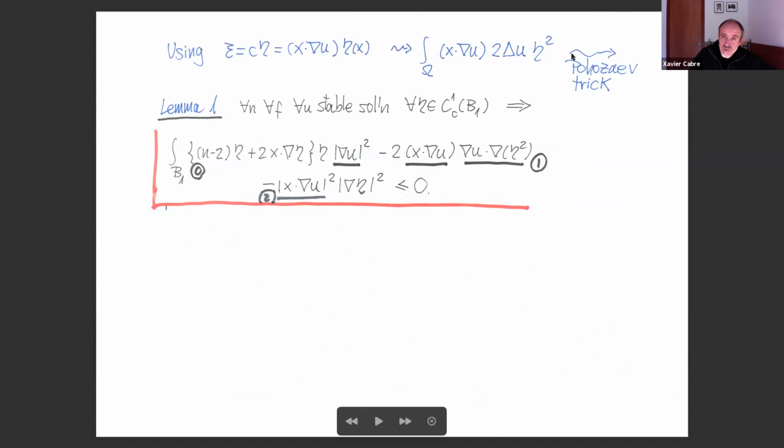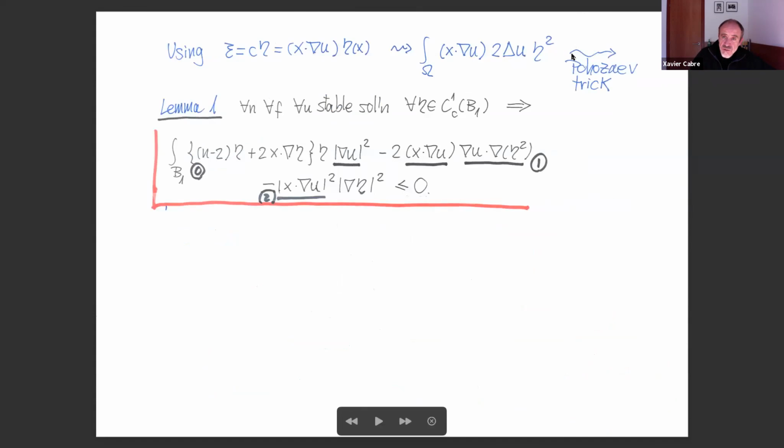And eta will be a function of the radius. So this will also be the radial derivative. Radial derivative is squared. Instead here, grad u squared. And here, the radial derivative is squared. Okay, so now what we want to do, as in minimal surface theory, is to take eta, to get information